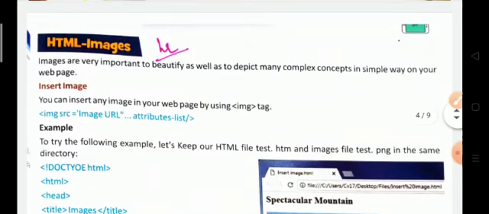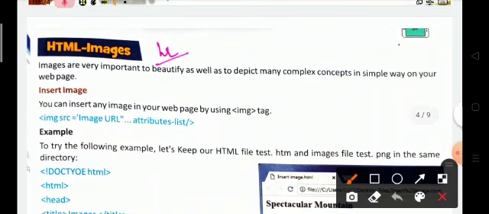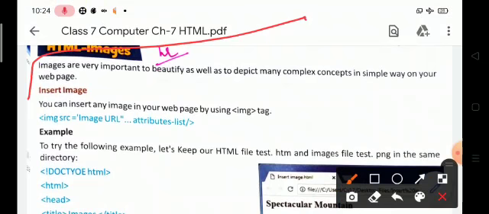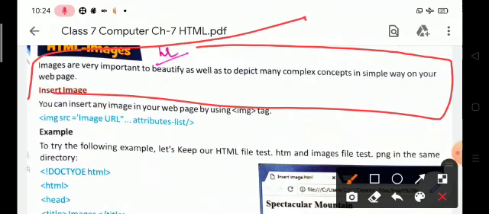Now the next tag is HTML image. It is a very interesting tag of HTML. Images are very important to make web pages beautiful as well as to make complex concepts simple. So how do we insert an image in a web page?